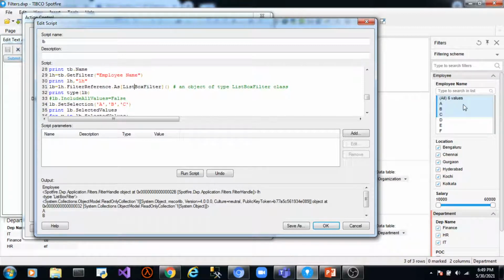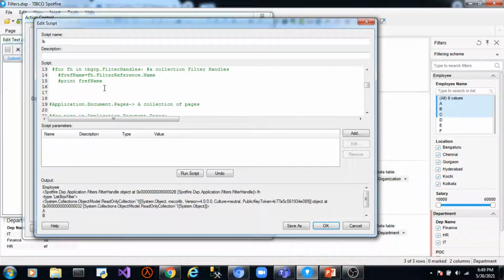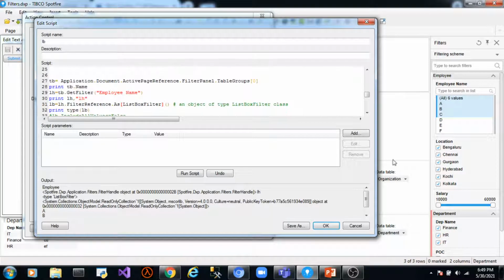Since this is a listbox type filter, we need to parse it into a listbox filter class object. So the first step is to get an instance of the table group, then filter handle, and then filter using the property filter reference. This is one method which we can use to directly access a particular filter handle, table group dot get filter.